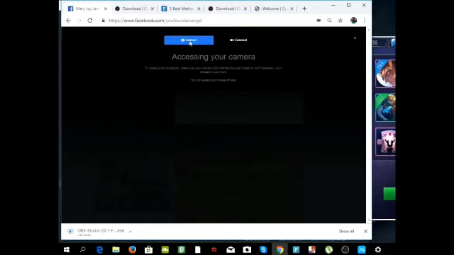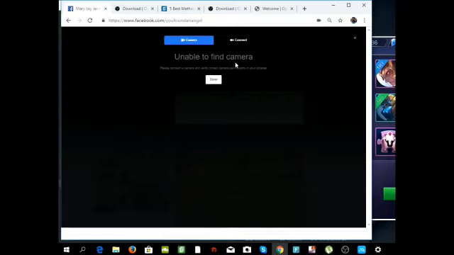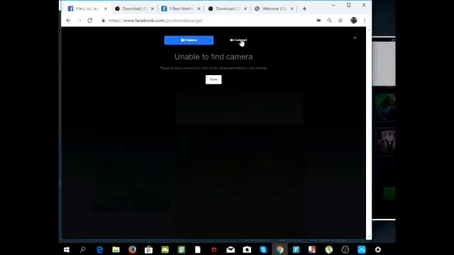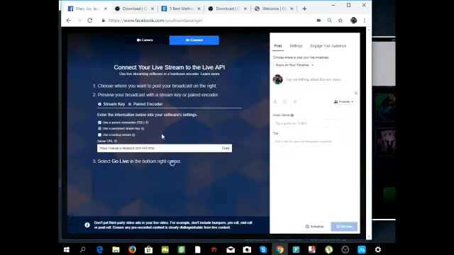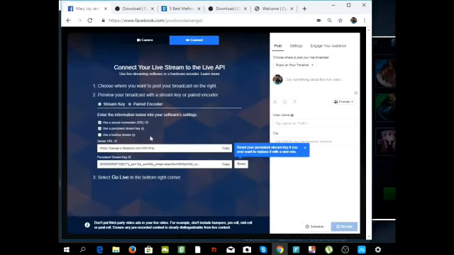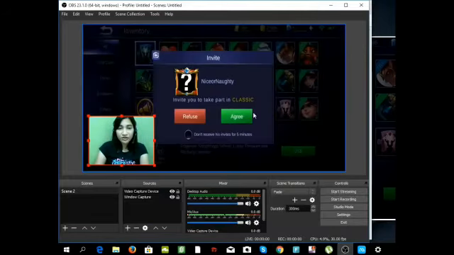Normally we just open the camera, and then it gives us the option to go live. But we're going to click on connect, and we're going to see the stream key. This is what we're going to need to do a live stream on OBS. We need the stream key, and I use a persistent stream key so that it doesn't change all the time. I just click on copy, and I went back to OBS Studio, and I click